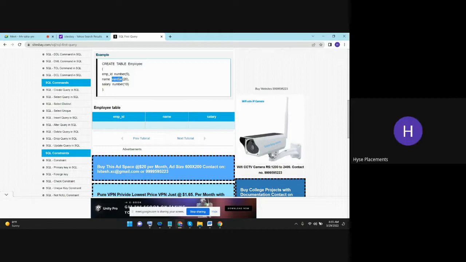Varchar. So with varchar, you need to go with the data types. What are data types? Data types are nothing but naming conventions. If you want to enter any numbers, what would be the data type here? Only integers, only numbers. You need to enter a number. Okay. And if you want to enter,